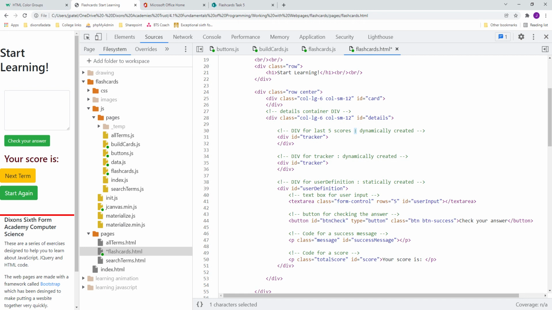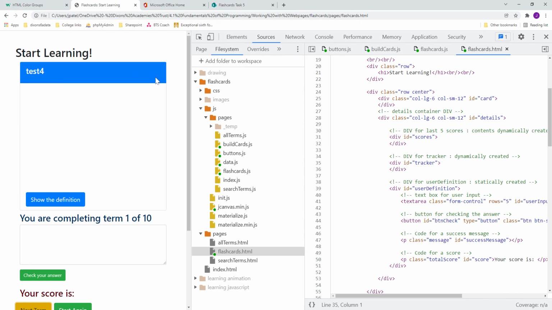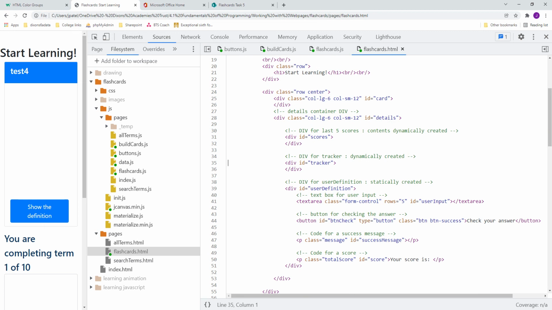Okay, and the contents will be dynamically created. So I'm going to call that div scores, because that's where it's going to go. Okay, so let's save that. So that's going to go above. If I do next term, it's going to sit above the card, and that's where I want it to go. So there's my div. I've got a div now that I can talk to. It's got an ID of scores. So in my JavaScript, I can use hash